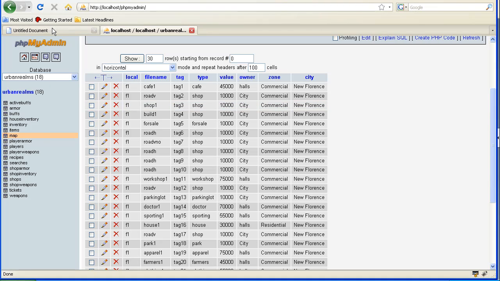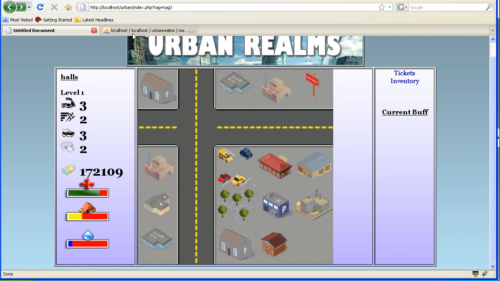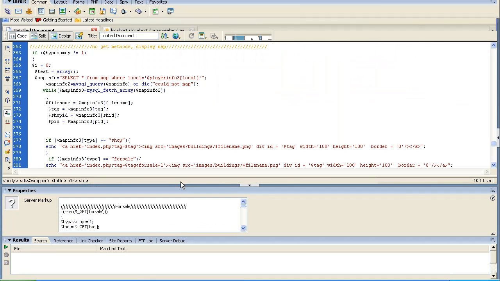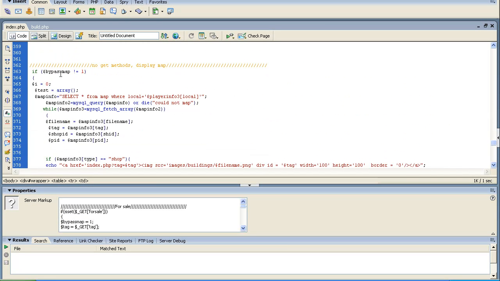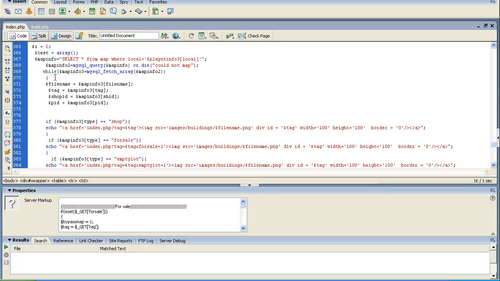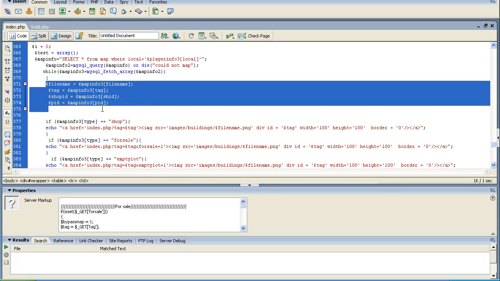But let's go back to our map, and let's pull up our index. At the very bottom we have our map, and if you notice we have the bypass. As long as we're actually on map and we haven't had any bypass, we're going to pull this. The next thing we're going to do is select all from map, where locale equals your player info locale, which is F1, and then we're going to pull that,